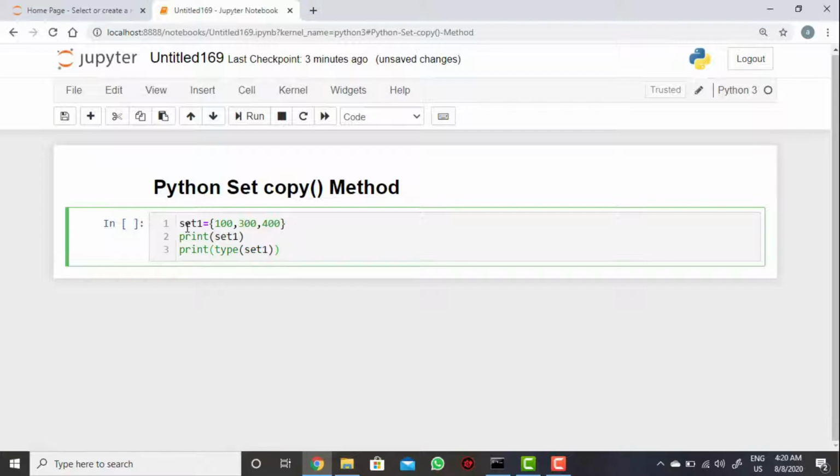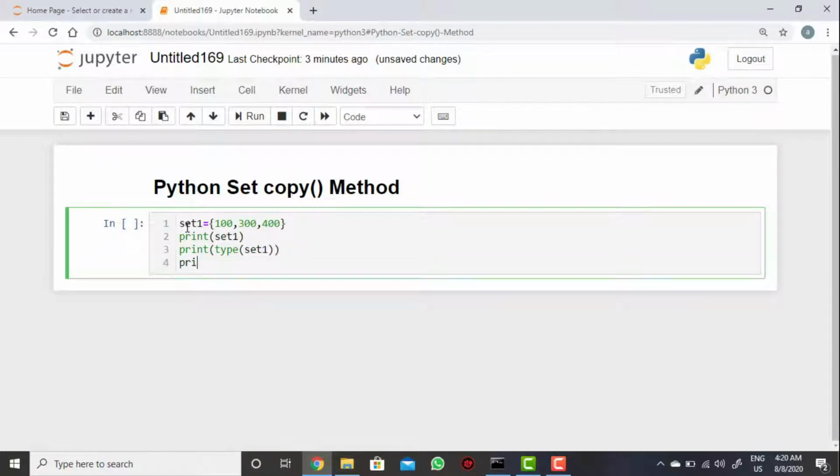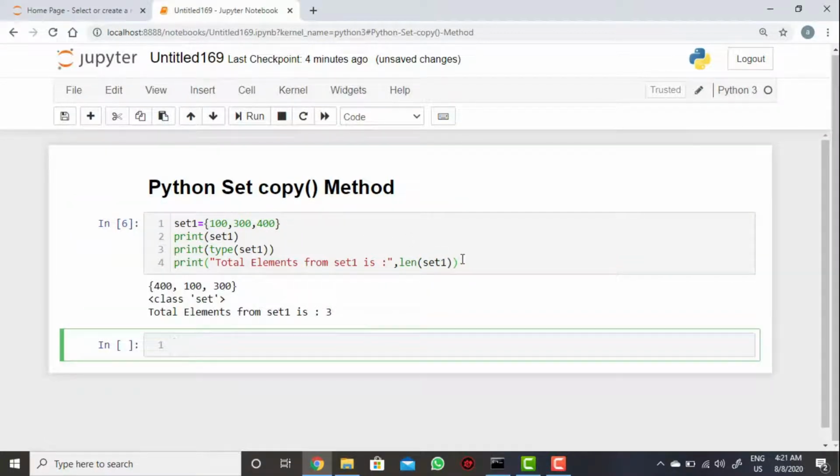You can also print the total elements from set1 by taking the length of set1 here. So this is set1.